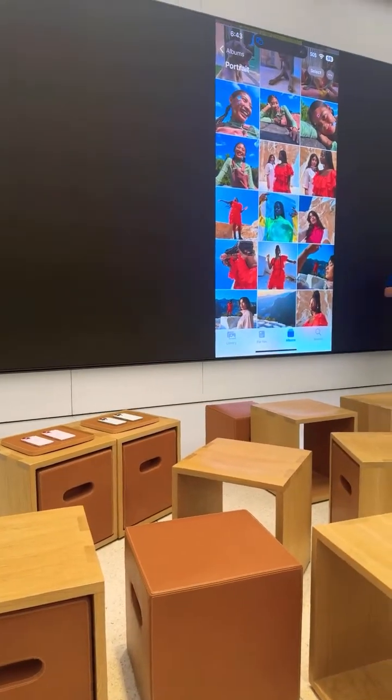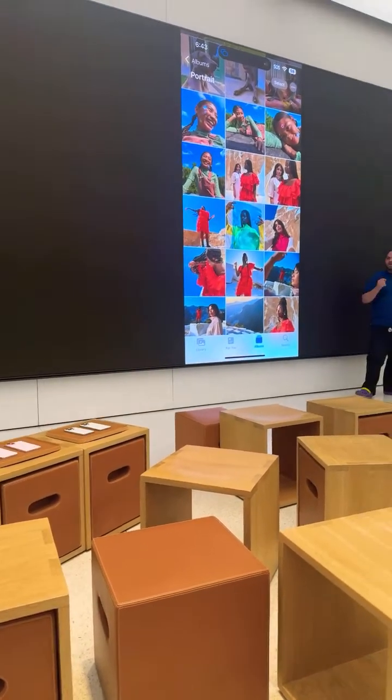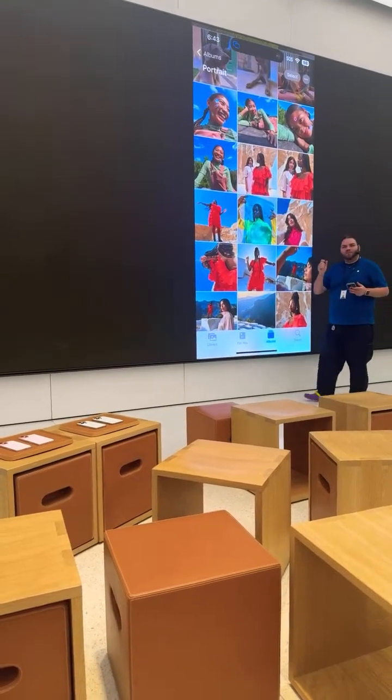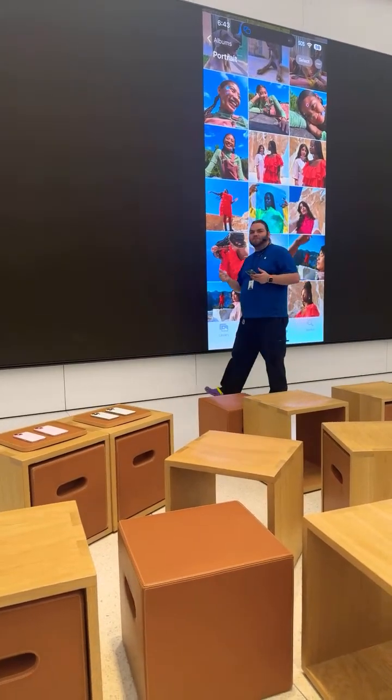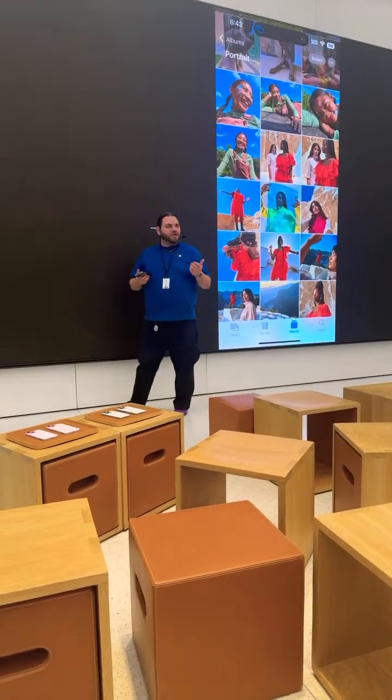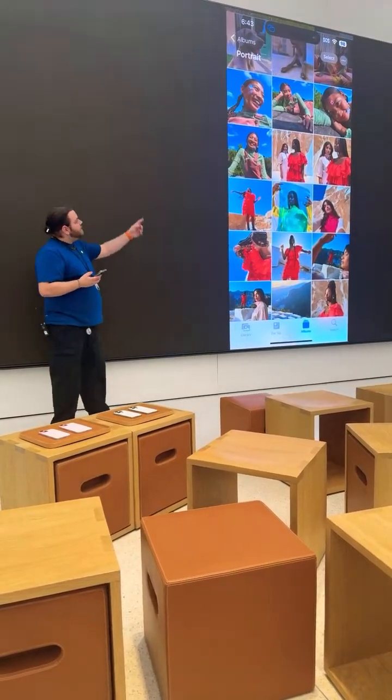But there's another really cool thing that you can do with live photos, is that you're also able to change when you press the white shutter button. You can time travel with a live photo. And I'll show you an example. I'm going to tap on the back arrow on the